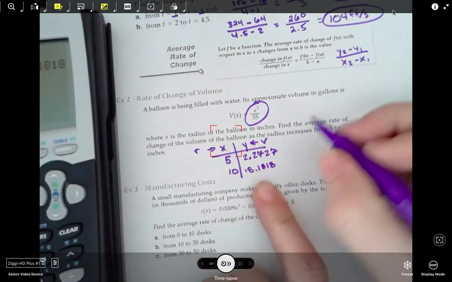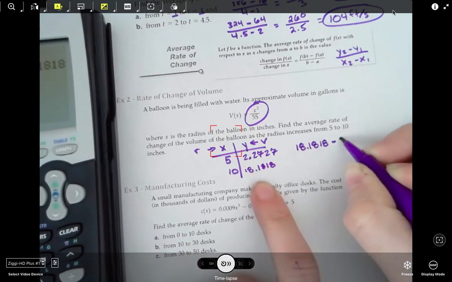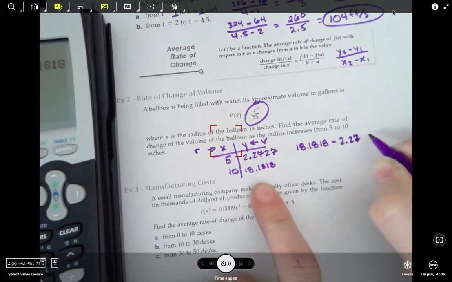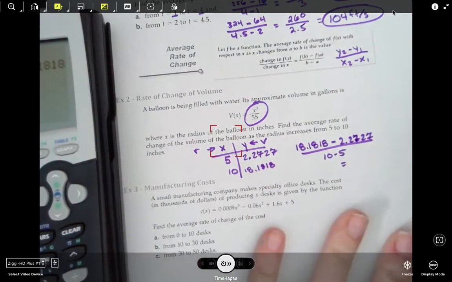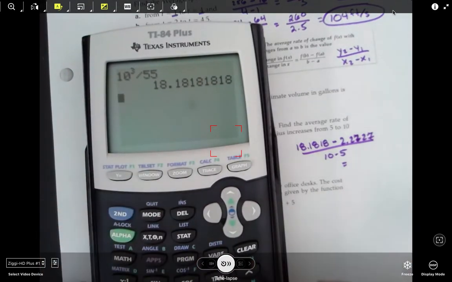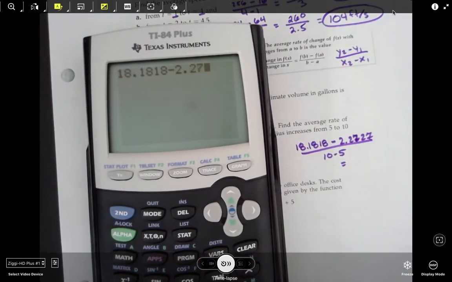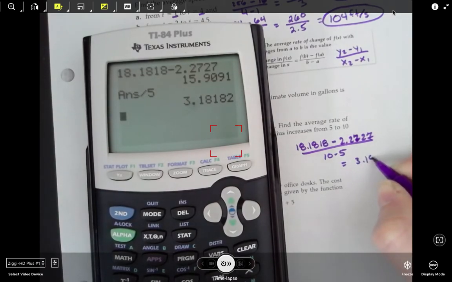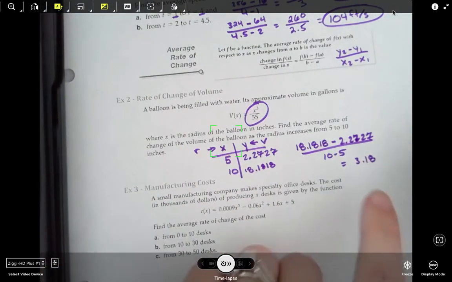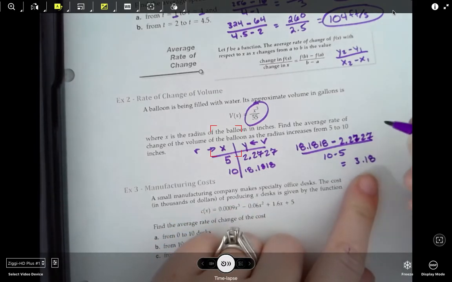So we do the y coordinates subtracting. 18.1818 minus 2.2727 divided by 10 minus 5. Y2 minus y1 over x2 minus x1. Right? So 18.1818 minus 2.2727 divided by 5 is 3.18. That volume is increasing at an average of 3.18